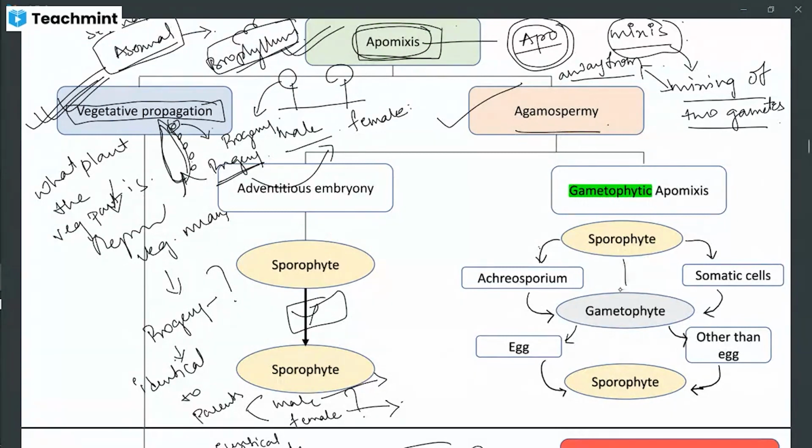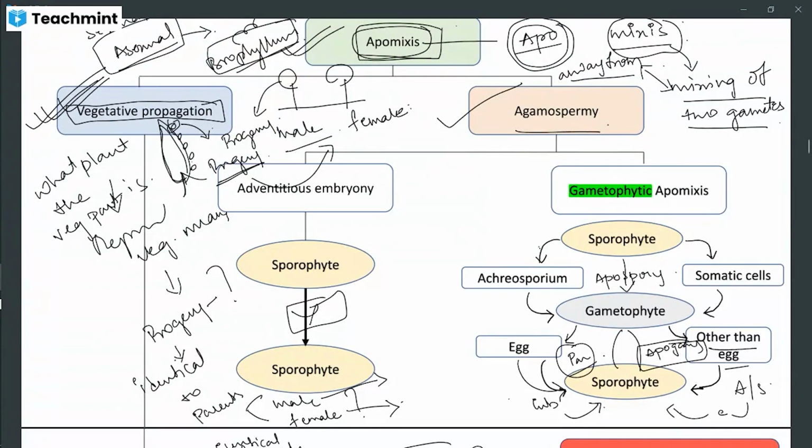So if a sporophyte develops into a gametophyte, this is known as apospory. And if the gametophyte develops into a sporophyte, there are two terms, parthenogenesis and apogamy. In parthenogenesis, it is the egg cell which generally develops into an embryo, and the embryo ultimately into the sporophyte. In apogamy, other than the egg cell, cells such as antipodals and synergids develop into the embryo,